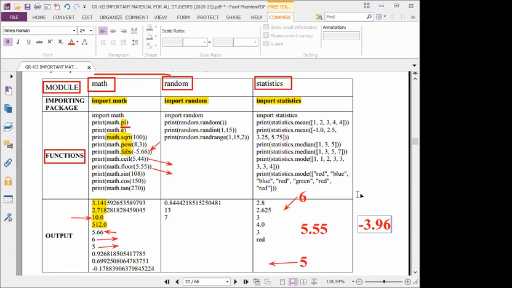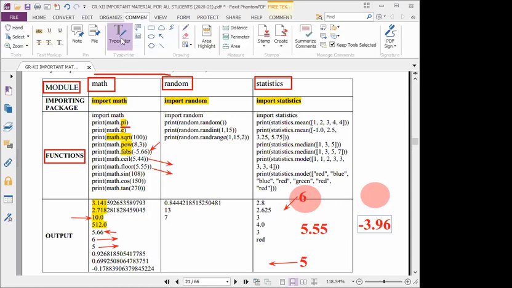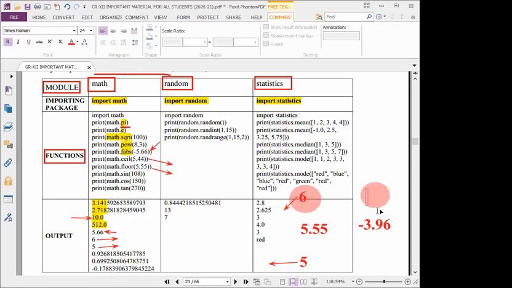Just first write the nearest smallest value and the nearest greatest whole number. Like in this example, what is the value in the place of 6 here? What should we write here? Minus 3.